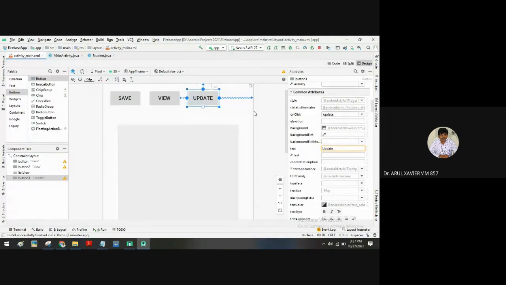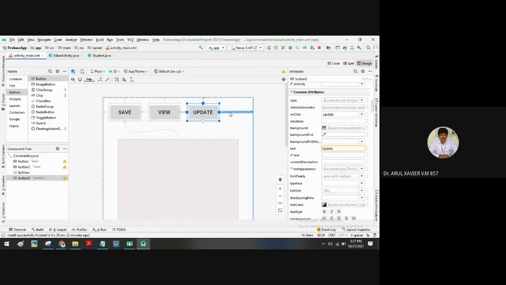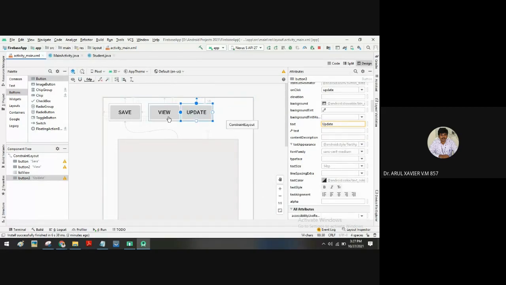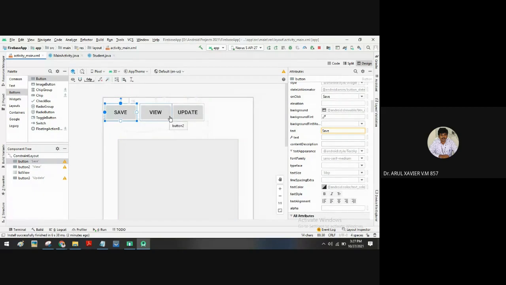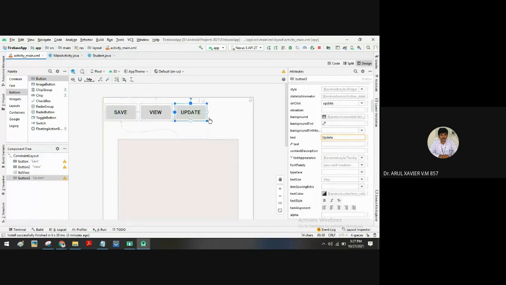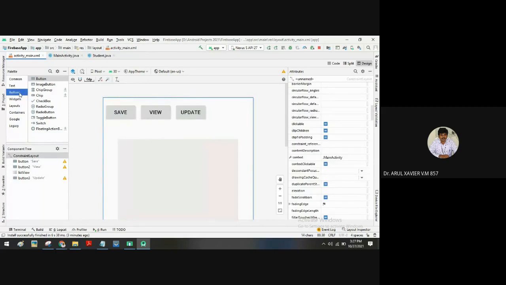So again, let's go back to this UI design. I'm creating one more button. Okay, one more button, I'll keep it here.